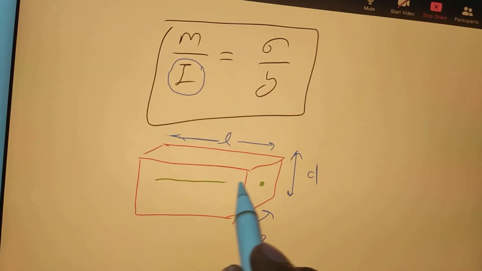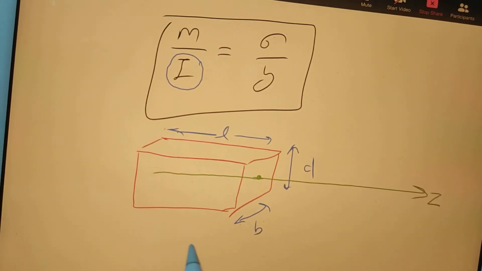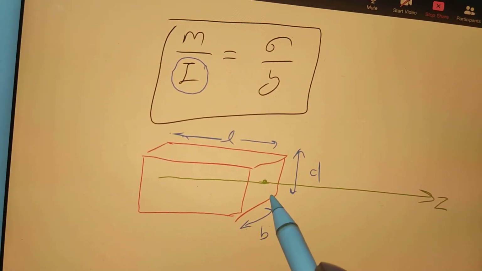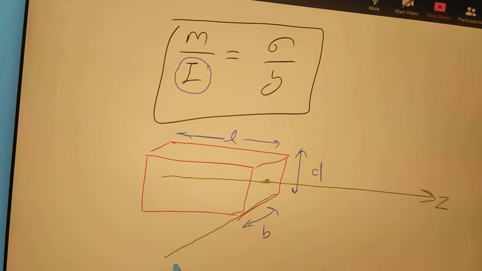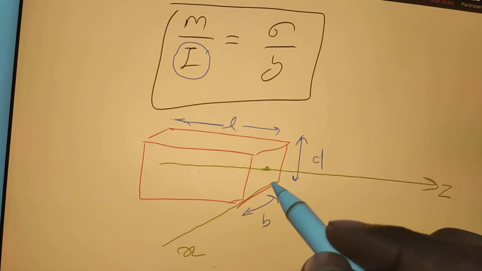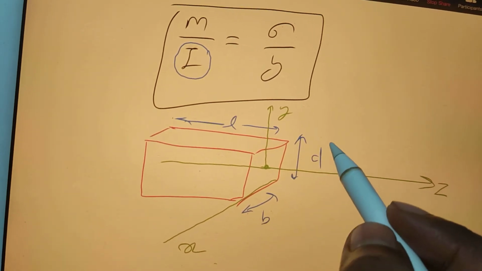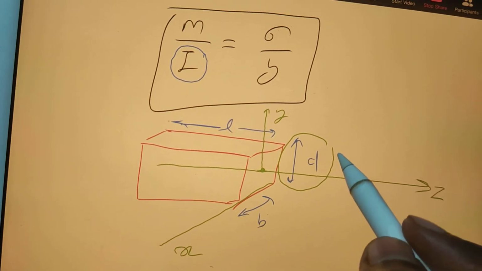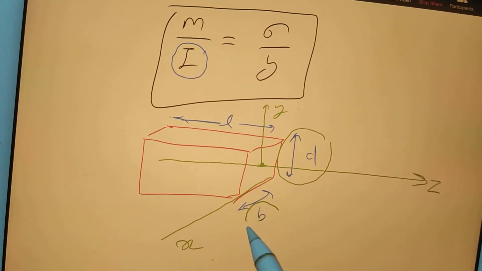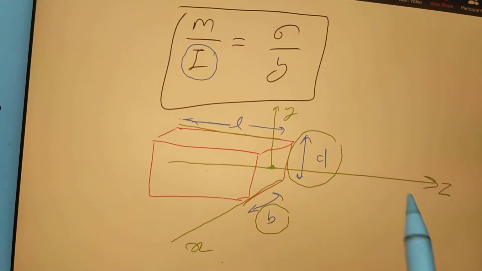Along the length, mostly we consider the Z axis. And imagine we are considering this as our X axis, and this one as our Y axis. So you can see the depth of the beam is falling on the Y axis, the width of the beam is parallel to the X axis, and the length of the beam is along the Z axis.